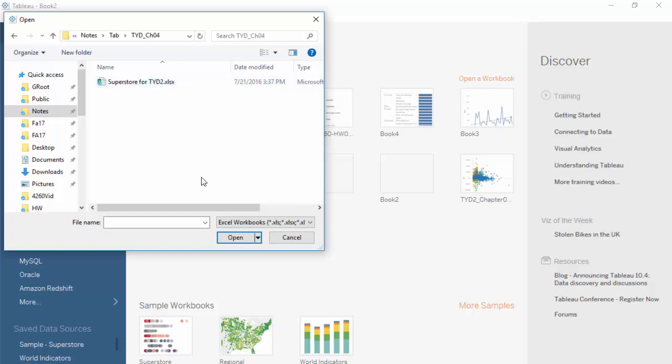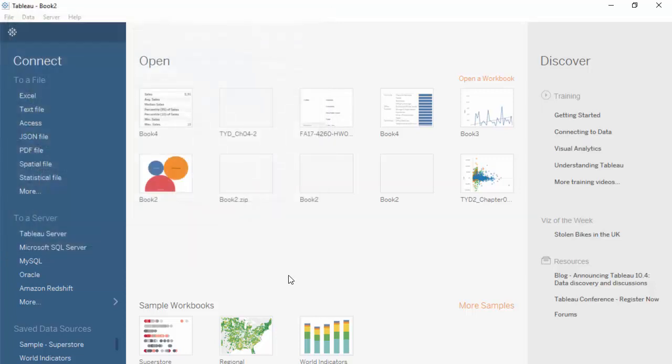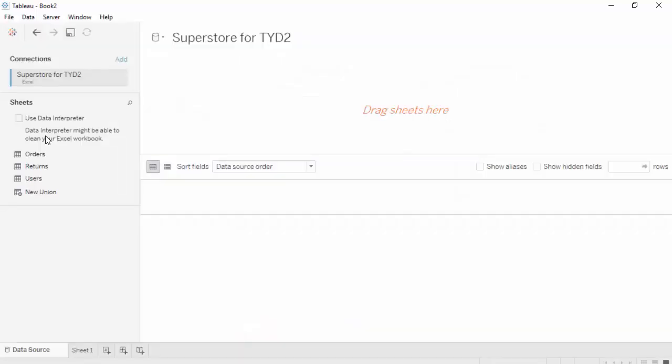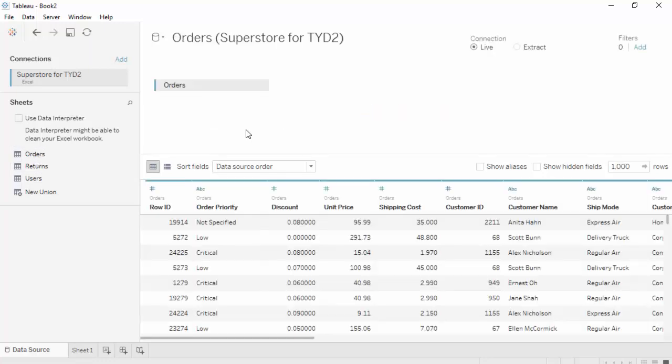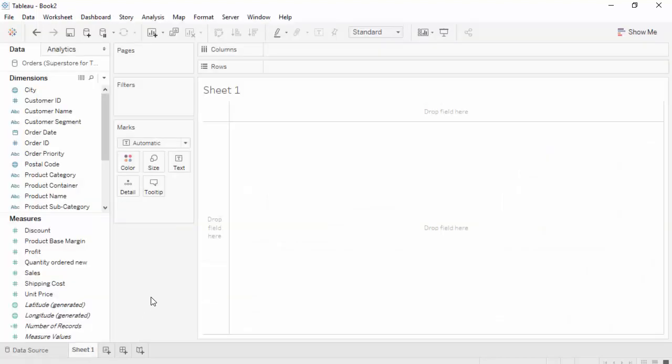Let's go ahead and connect to Superstore TYD second edition. Orders. So the idea now is to allow the users to select